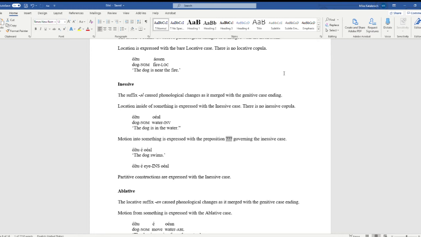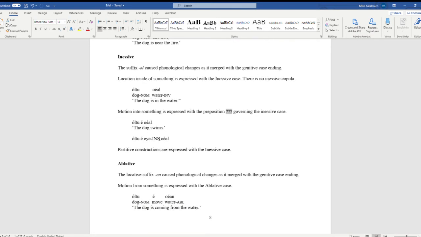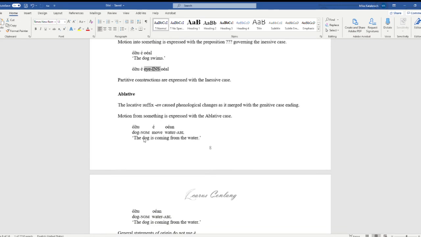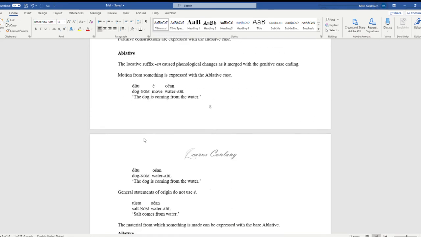Let's see. The dog moves. See water. It could be that the verb to see, the old verb to see, was replaced by... I'm actually thinking to touch with the eye. And so I'm thinking that would be see, and then I could just use the normal nominative of I and grammaticalize from that.